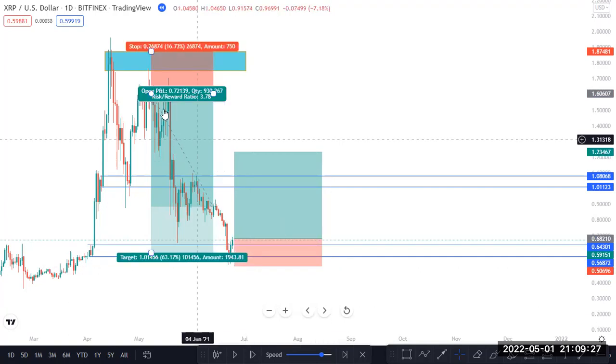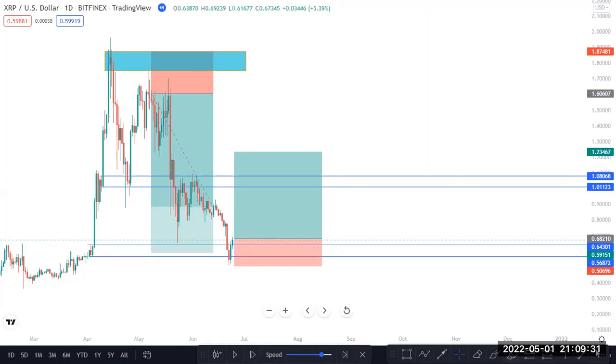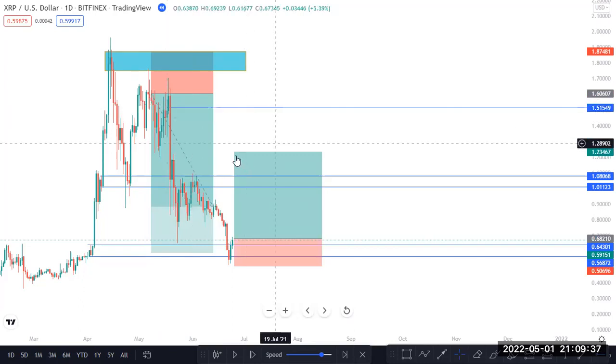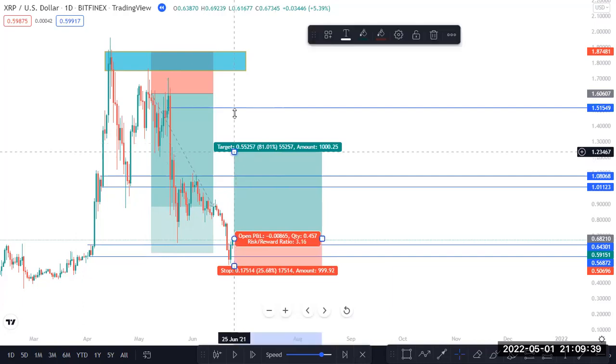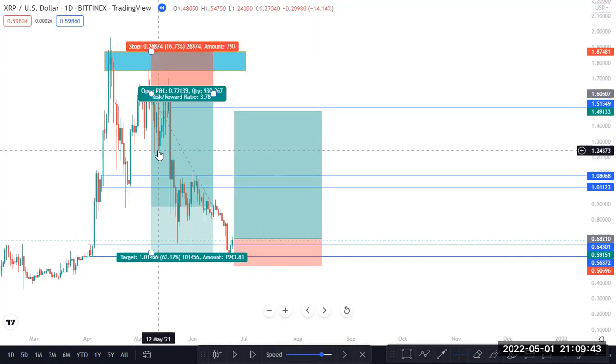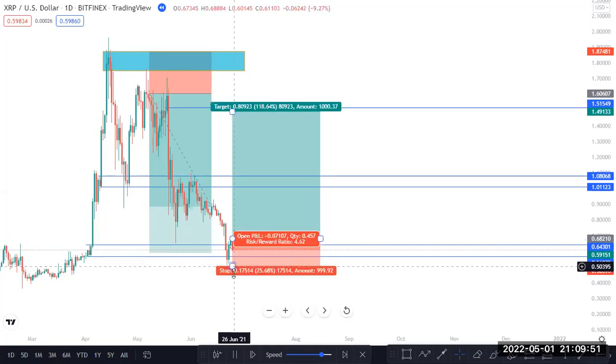You can choose maybe to take even this supply zone. Let us see if you took this supply zone. But normally for me, I'll take that swing low. But let's say maybe we target this area. Let's see if you could have made profit if you target this area. But normally I'll target this low. So let us see what happens. Okay, let me adjust my stop loss. It's too tight. Okay.